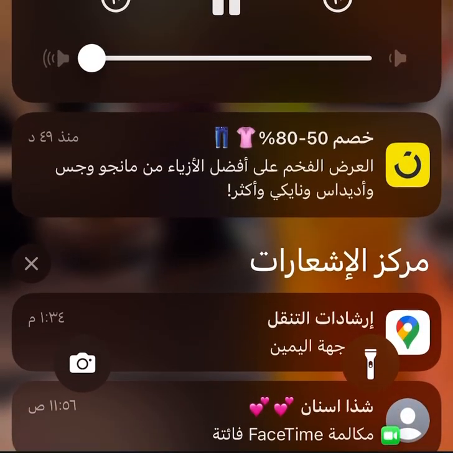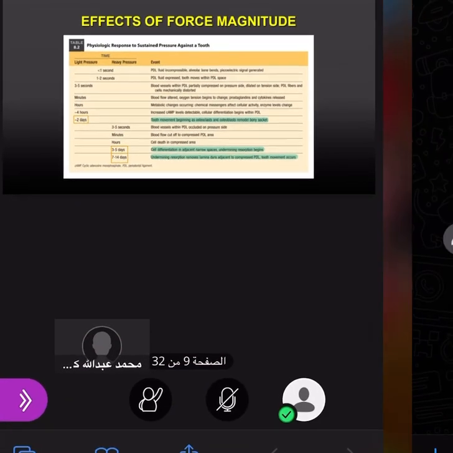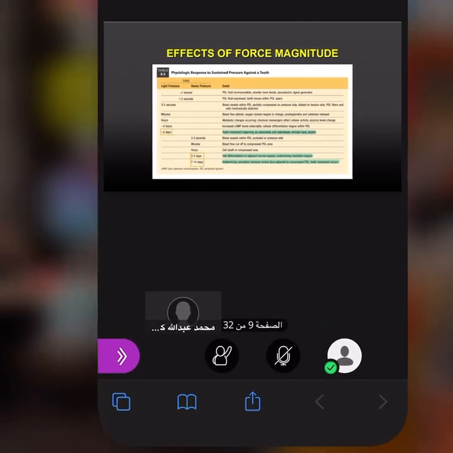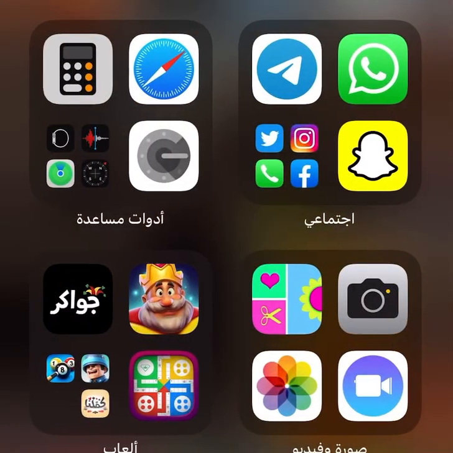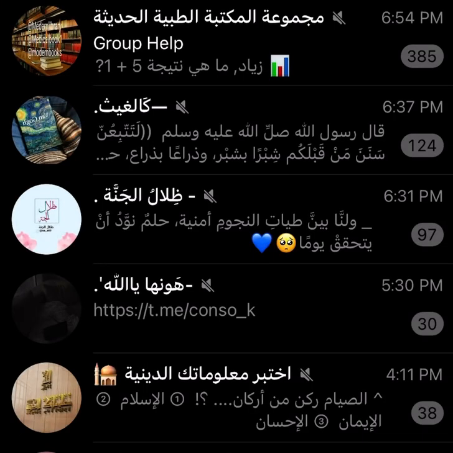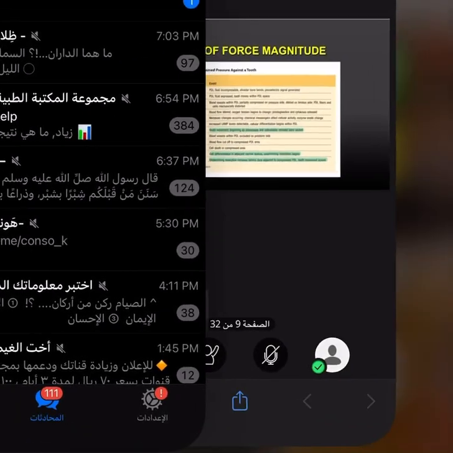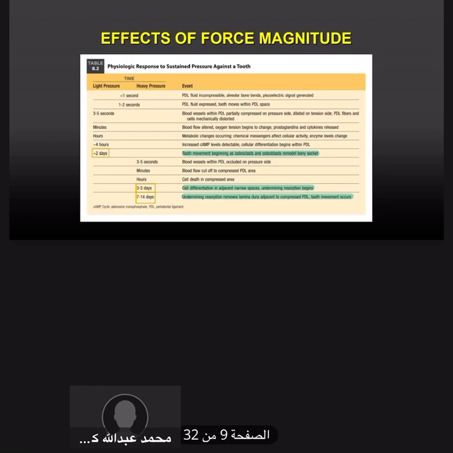known as piezoelectric signals. If the pressure applied, whether light or heavy, is for 1 to 2 seconds, the PDL fluid is expressed out of the alveolar bone, and the tooth moves within the PDL. That is physiological. Sometimes you feel it and sometimes you don't. If the light pressure is applied for more time, that is 3 to 5 seconds, what happens? The blood vessels within the PDL are partially compressed. Please focus on this. Partially compressed on the pressure side, dilated on the tension side,